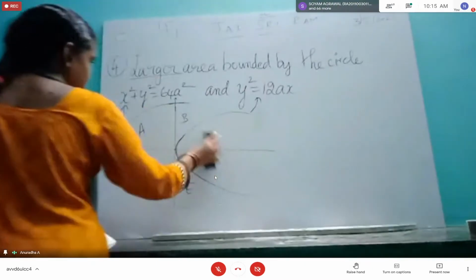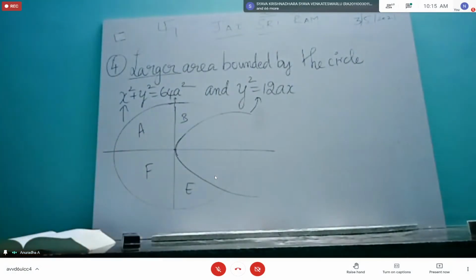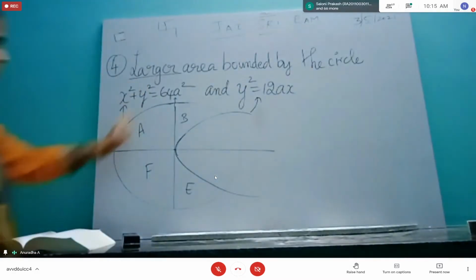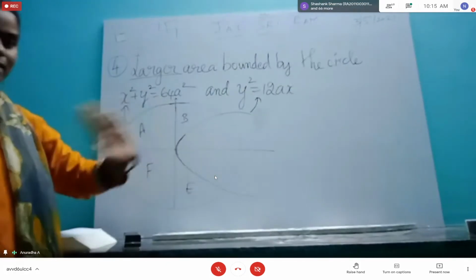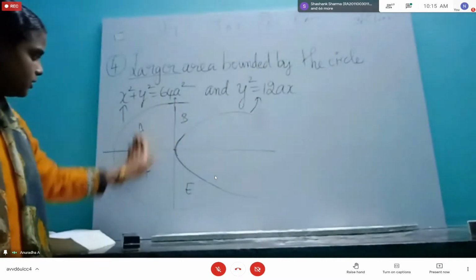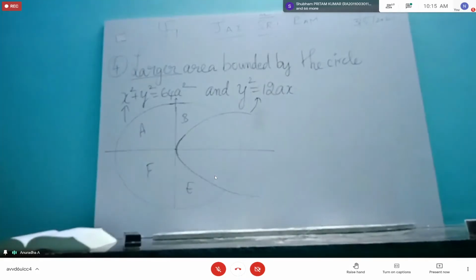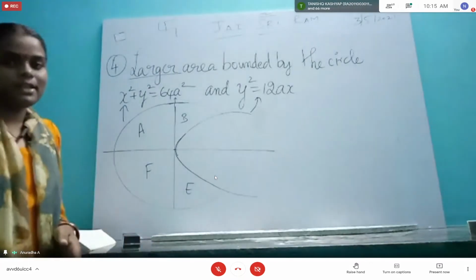Okay, so this is what we are actually going to do. A, B, F, E put together, we are going to find the area. That is what they have asked in the question. Don't worry about x-axis, y-axis. That's not given in the question. Only the circle and the C is given to us. So it is exactly dividing into two things, either this or the other thing. Among these two, this is the larger one. So don't worry about x-axis, y-axis. They are there only to confuse you. So A, B, F, E put together, we are going to find the area.